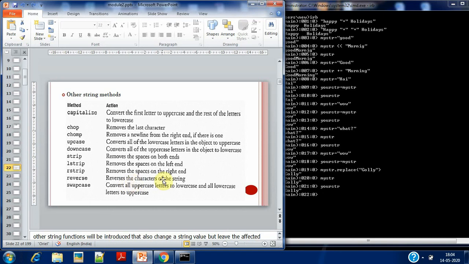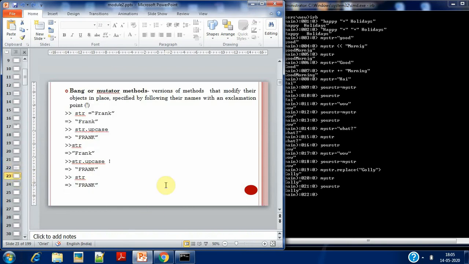Reverse reverses the characters of the string. Swapcase converts all the uppercase letters to lowercase and lowercase letters to uppercase. Okay. Next we'll go to bang or mutator methods. So what is this bang or mutator method? Just now you saw some string methods in the previous slide.